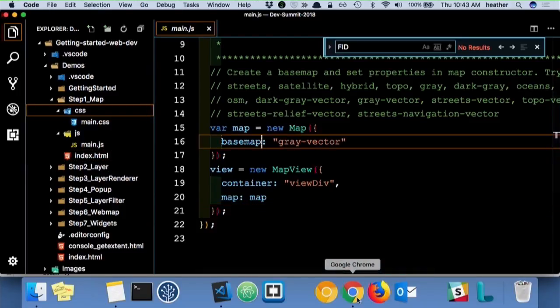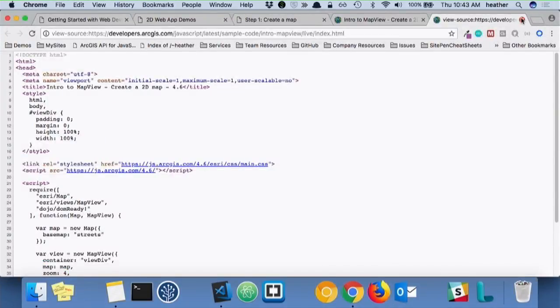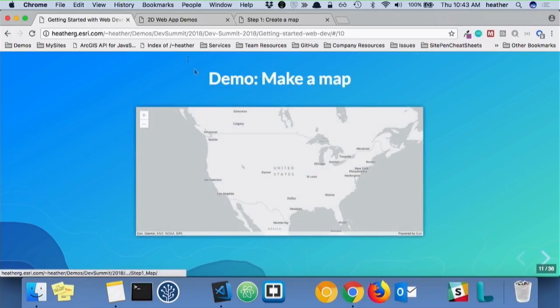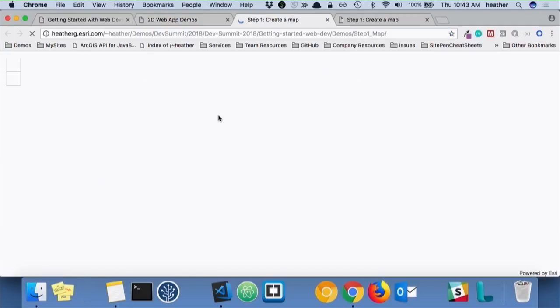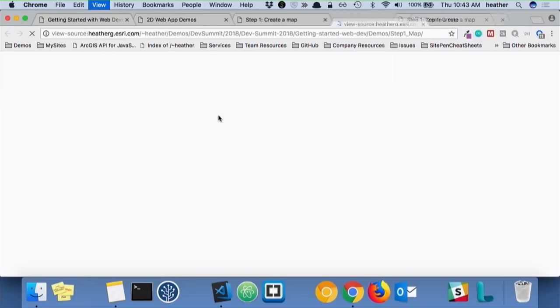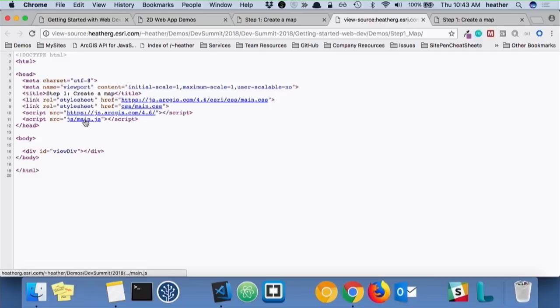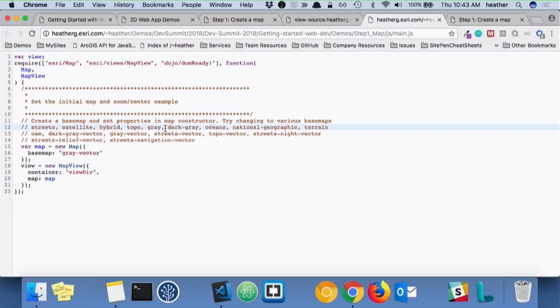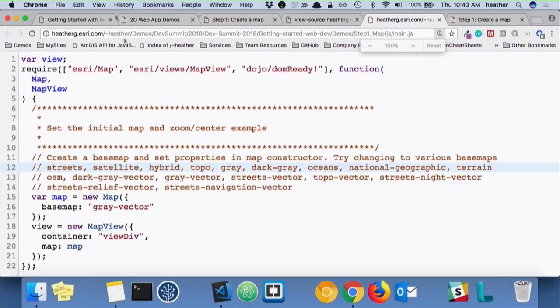All right, so first things first. Let's open one up. All right, so this is a really ugly map, but it is a map. What we have here is basically just looking at my main.js file, and I have an extension on my machine to make things look a little bit easier. All right, so what we have here is a require statement,